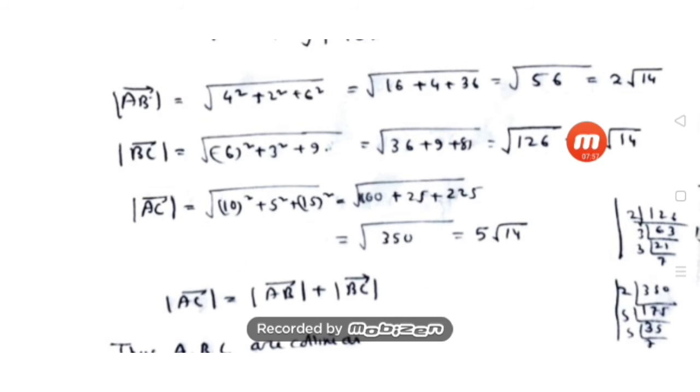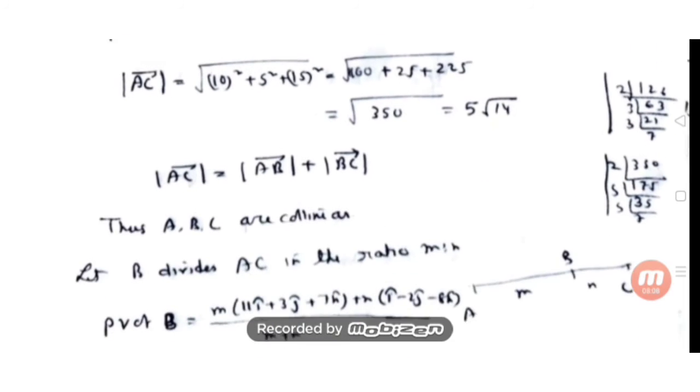Now you see this is 2 root 14, this is 3 root 14 and this is 5 root 14. That means if I do the sum of AB and BC we get AC, right? Summing AB and BC, we got AC. That means I got to know the sum of 2 is